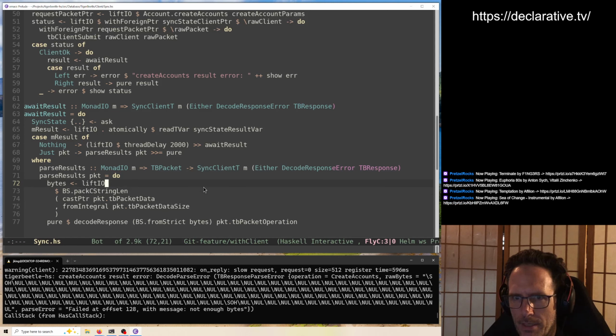Well, this is bytes that we're passing into that function. This is a strict byte string, so we're converting it to a lazy byte string for the parser. And our operation here. So if we're not getting very many bytes, maybe we can get the size of this byte string that we're trying to create here